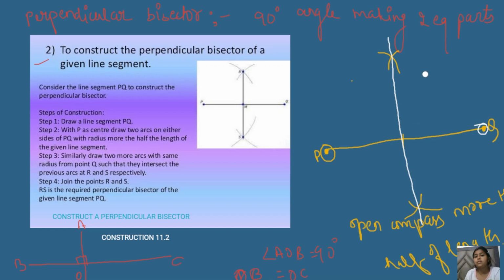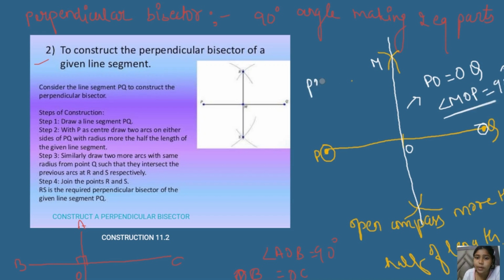Right, then you just have to join these two arcs' intersection points. So by this what you will get is PO equals OQ, and if this is M, then angle MOP equals 90 degrees. This is the perpendicular bisector. Am I clear? This is very easy. You don't have to do much for